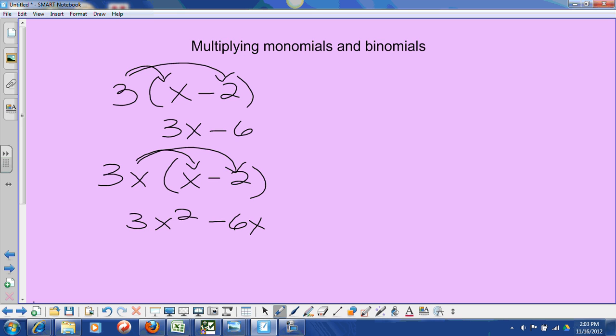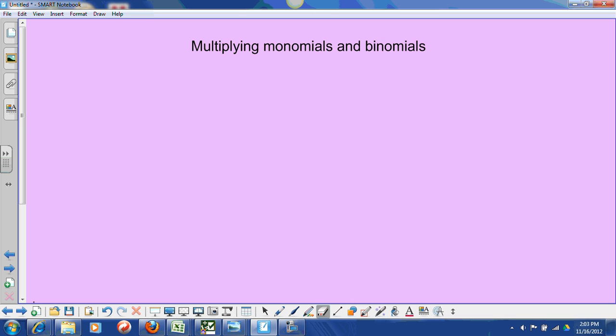Now when we get into doing your binomials, it gets a little bit different, and so you can get lost along the way. So we have a format to follow so that you don't get lost. So if I have x minus 2 times x plus 3, we're going to use the acronym FOIL, okay? The F stands for first. So each one of those sets of parentheses, we're going to multiply